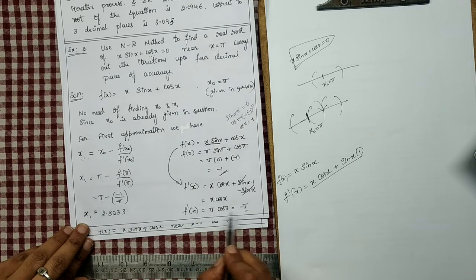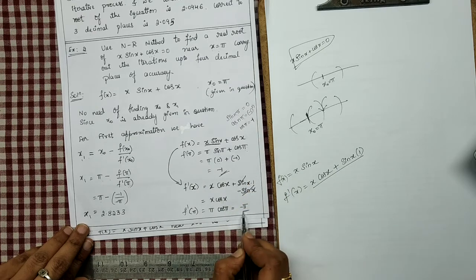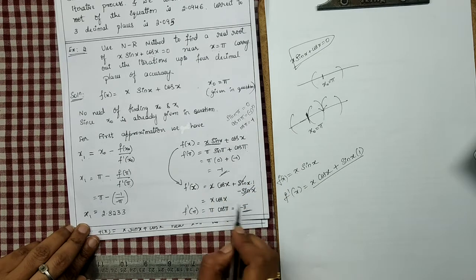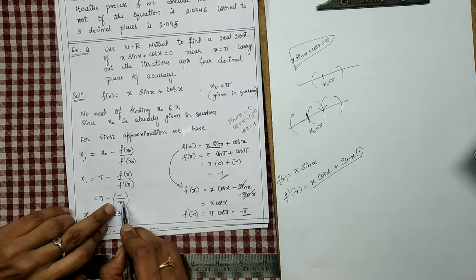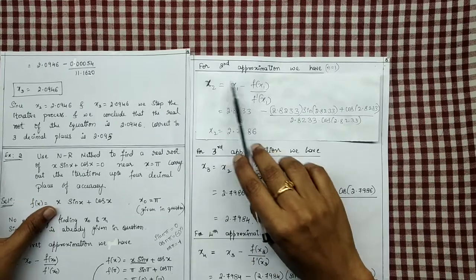How will it be minus pi? Pi as it is, cos pi is minus 1, minus 1 into pi is minus pi. Now put these two values in the formula. So it is minus 1 and minus pi. When you simplify this, you will get 2.8233. For the second approximation now,